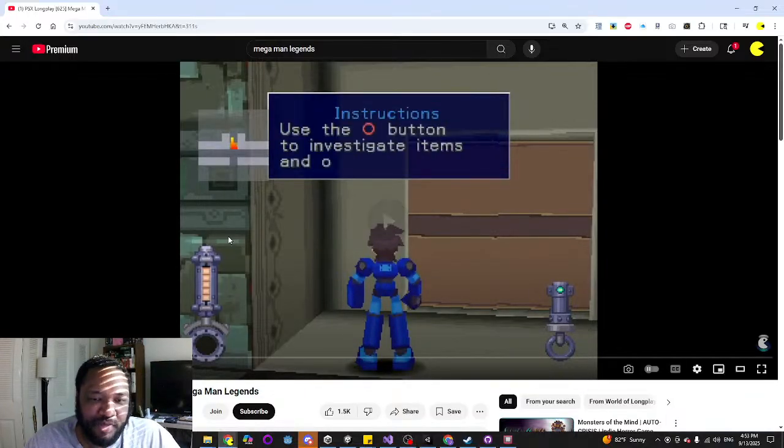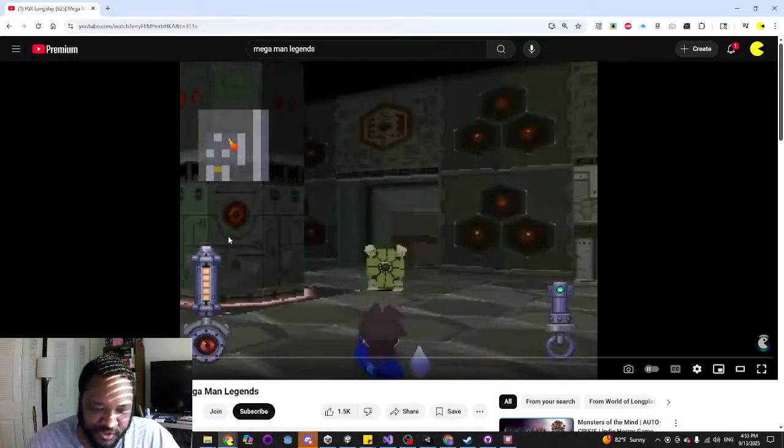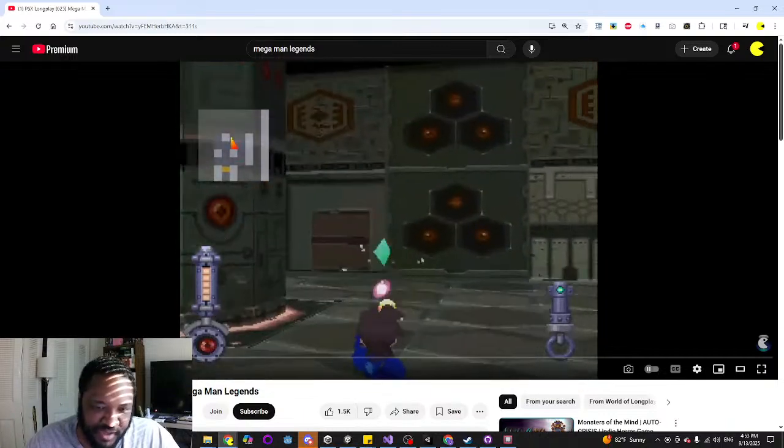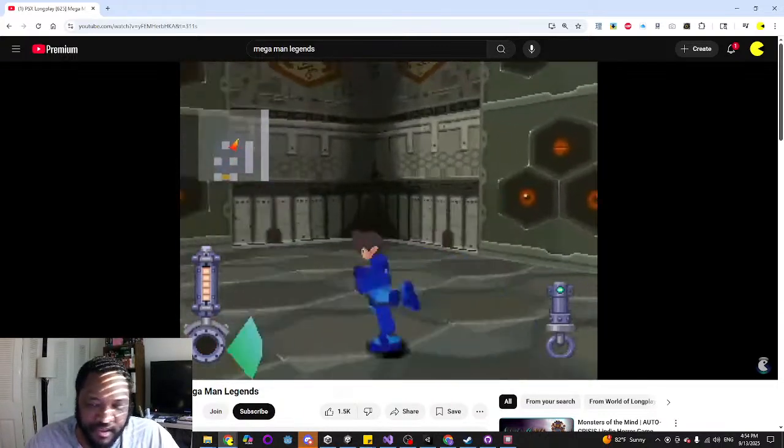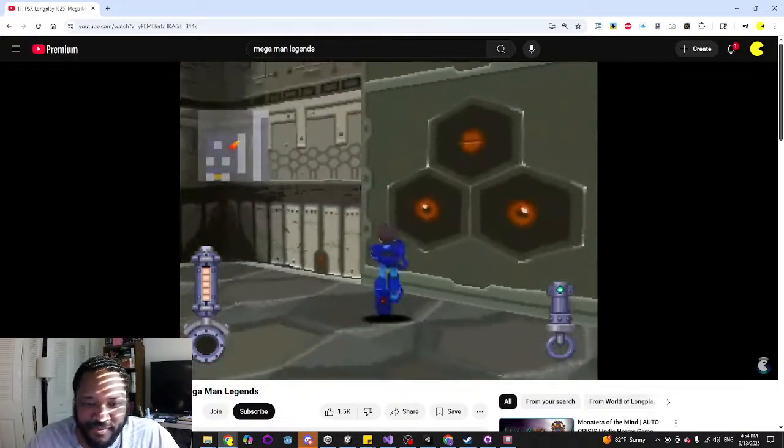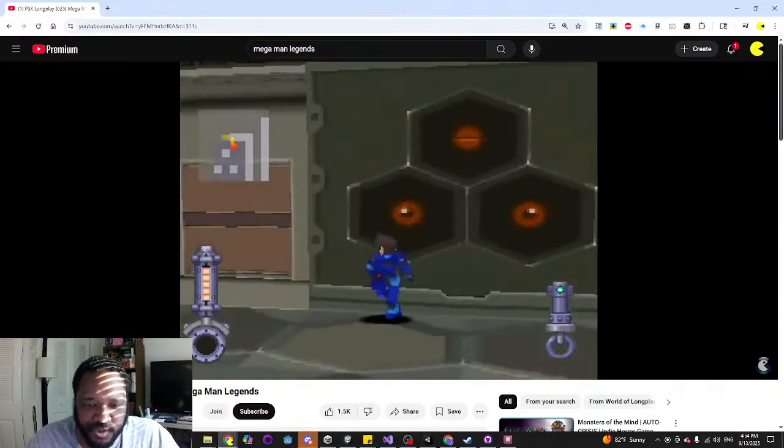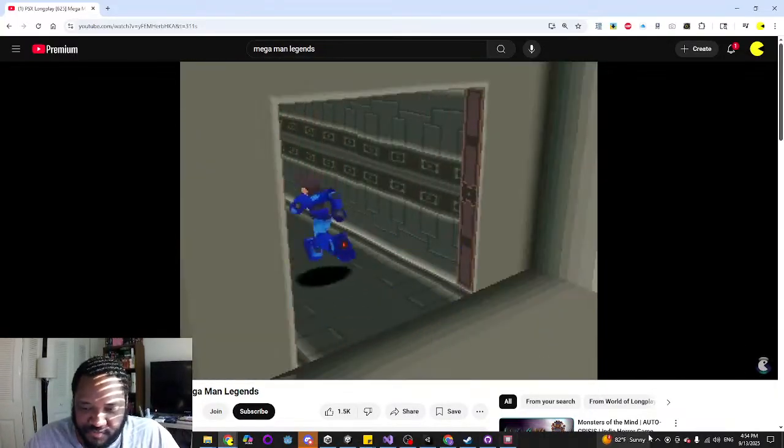But yeah, my robot cowboy game is going to play like this. It's going to be a behind the back, third person shooter, just with a big iron on your hip.